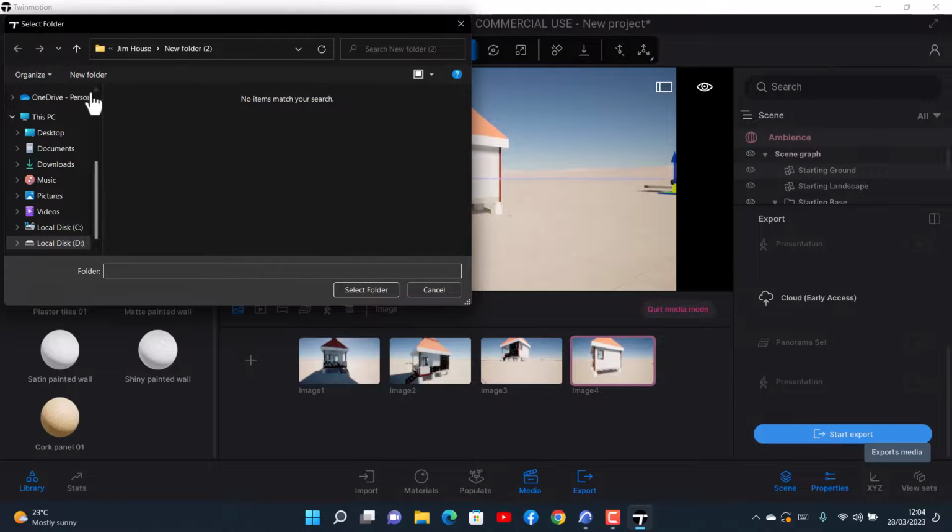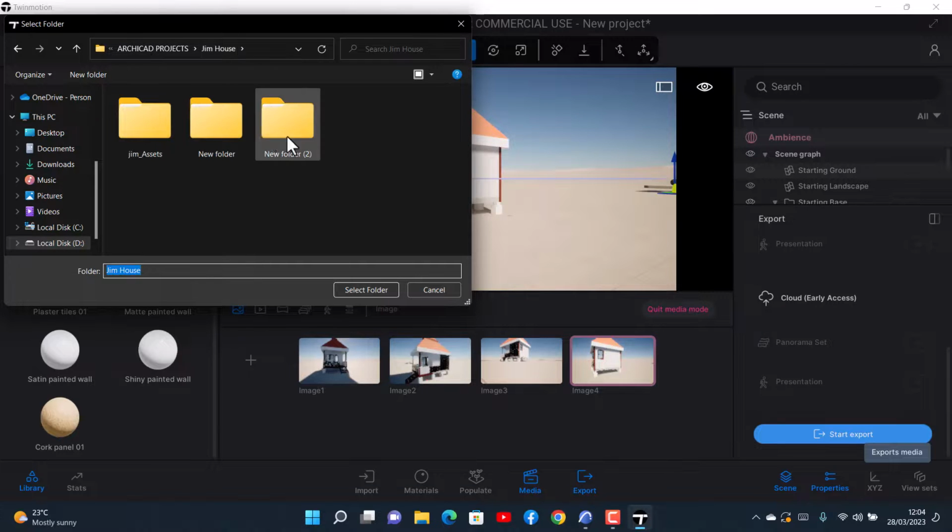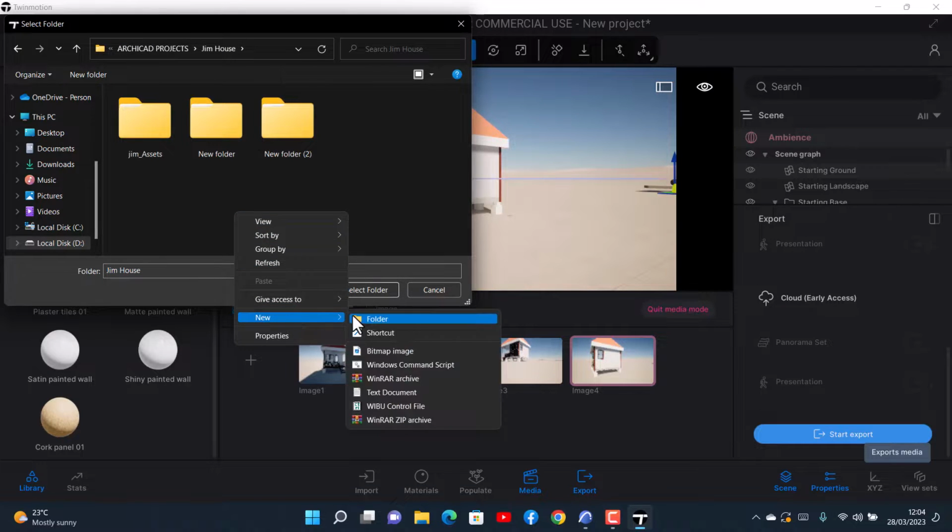You have to choose a file where you want to export it. So for now, for me, I can just say, let me create a new folder here in gyms, and